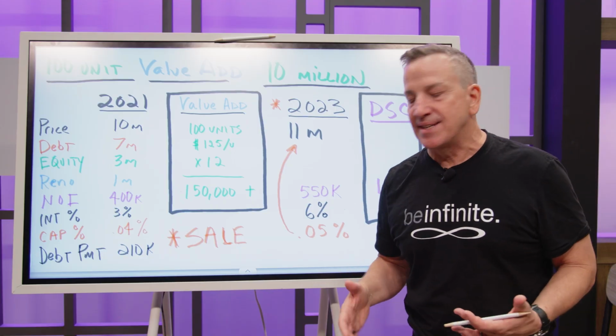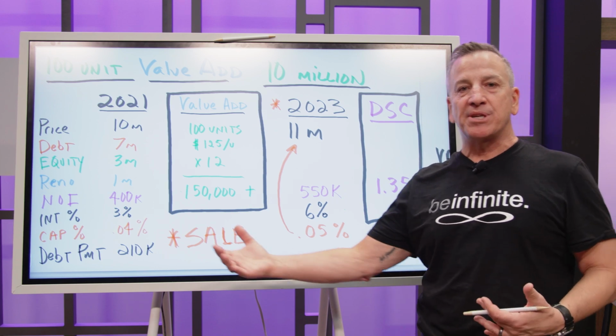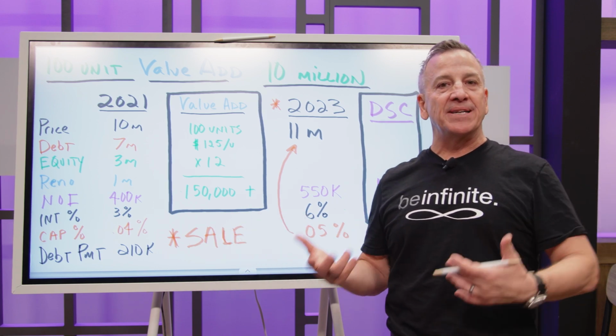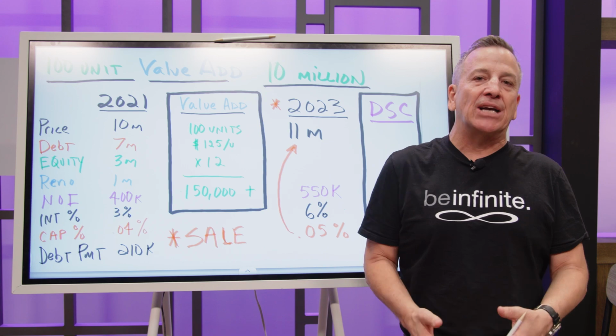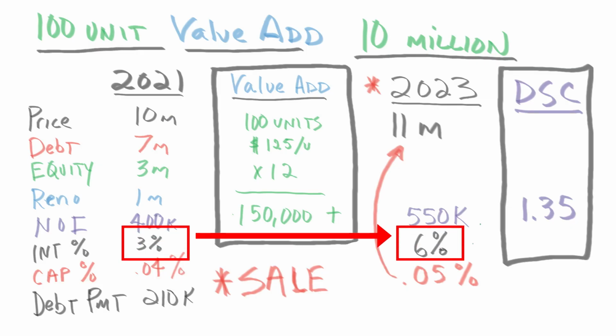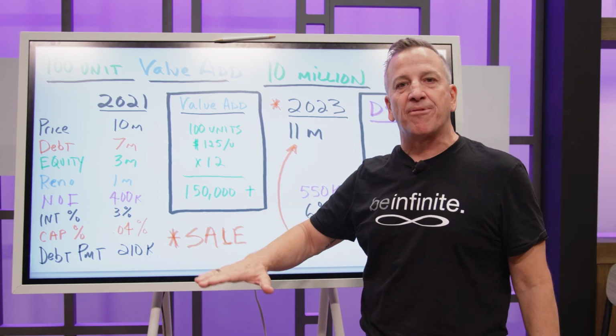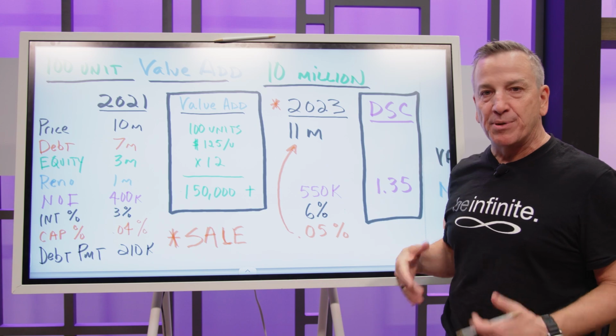The reason that this is important is because the 6% interest rate has jumped so much that a seller is now going to be solving to their own cash-on-cash return. And having a higher interest rate means they're going to have a higher payment, which is going to lower their cash flow. So now let's jump straight to cap rates. And we're going to assume that we went from a 4% to a 5% cap rate.